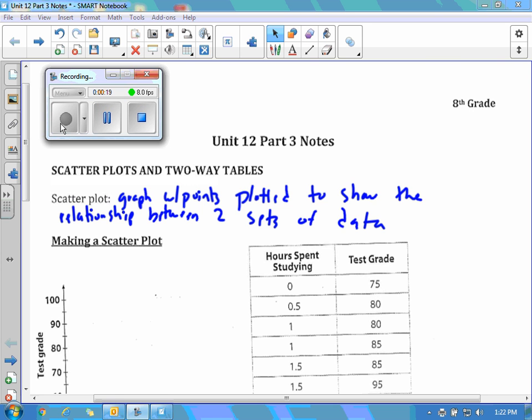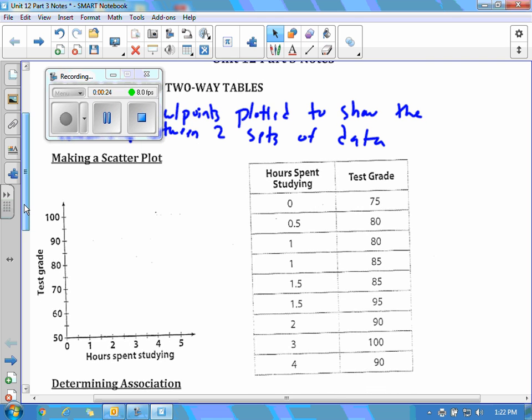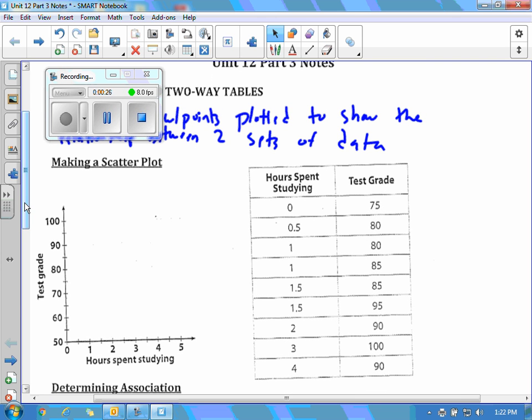So if you look at our example, they give you a table. Our two sets of data are the number of hours spent studying and the test scores that go with it. When we look at one of these tables, the x value is always on the left, the y value is on the right. So each of these is just two coordinates. So we need to put a point at 0, 75, so 0 up to 75, 0.5, 80,